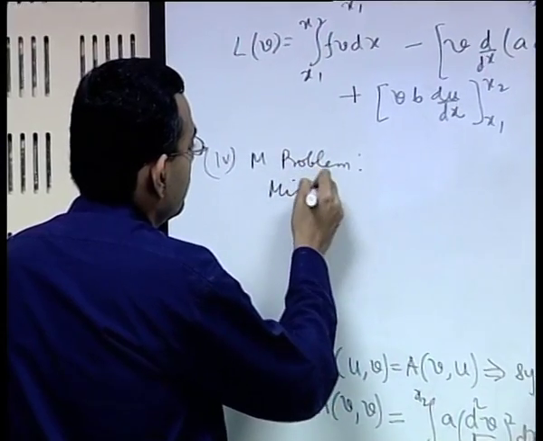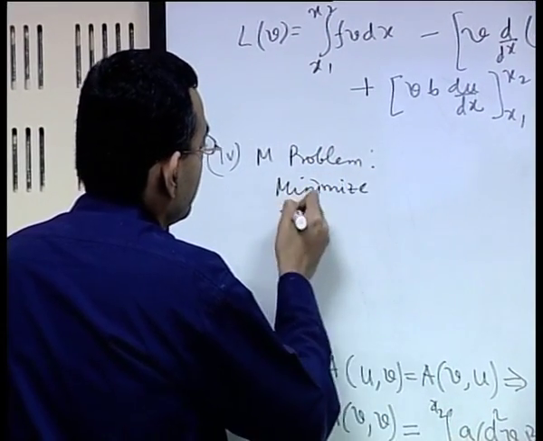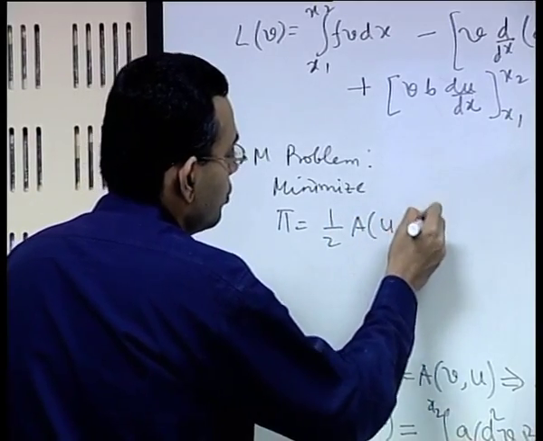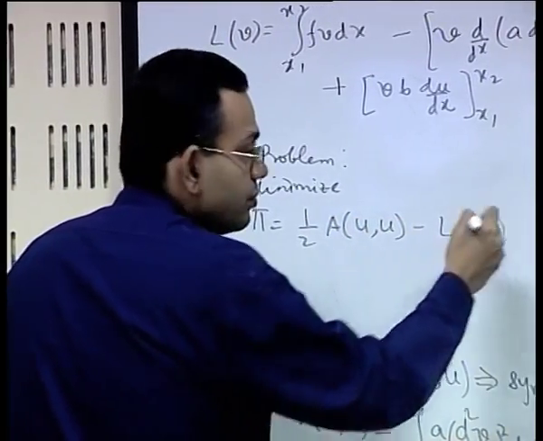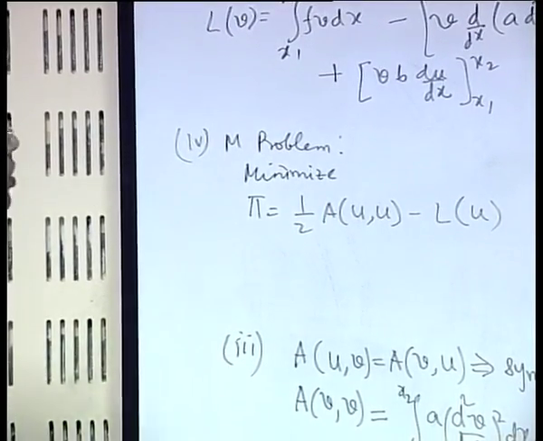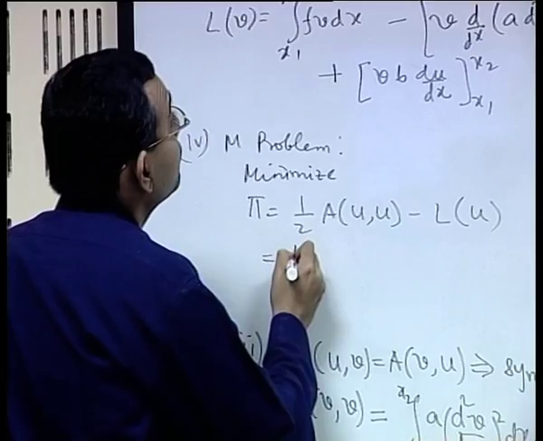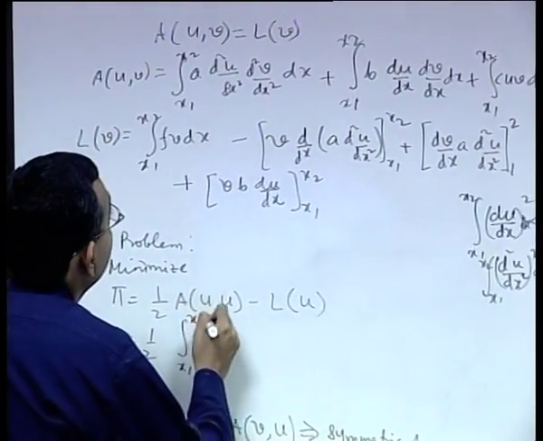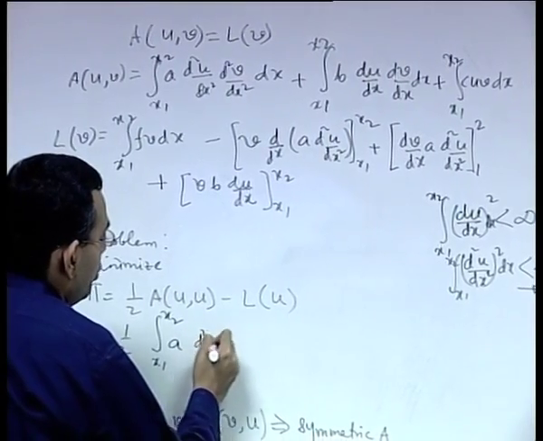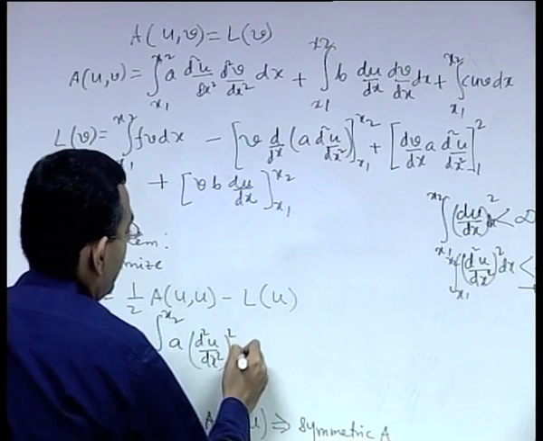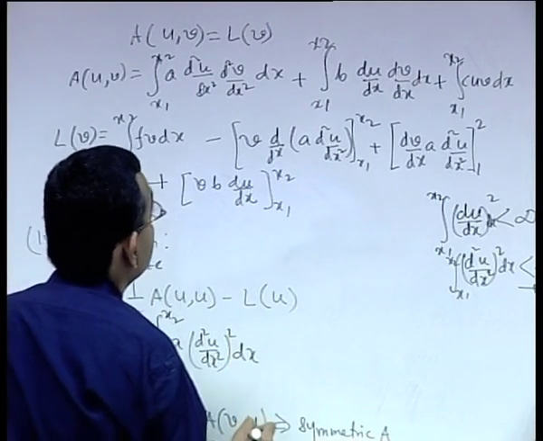Minimize pi is equal to half A(u, u) minus L(u). So, half integral of x1 to x2 a d2u dx2 whole square dx